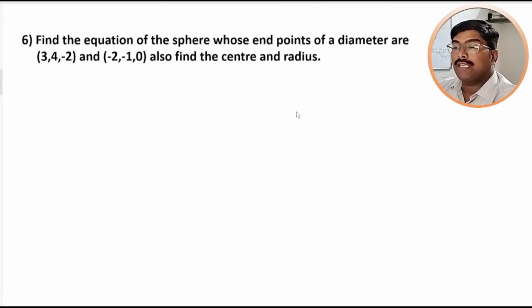Find the equation of the sphere whose endpoints of a diameter are (3, 4, minus 2) and (minus 2, minus 1, 0). Also, we have to find the center and radius. Let us draw the figure. So, this is a sphere